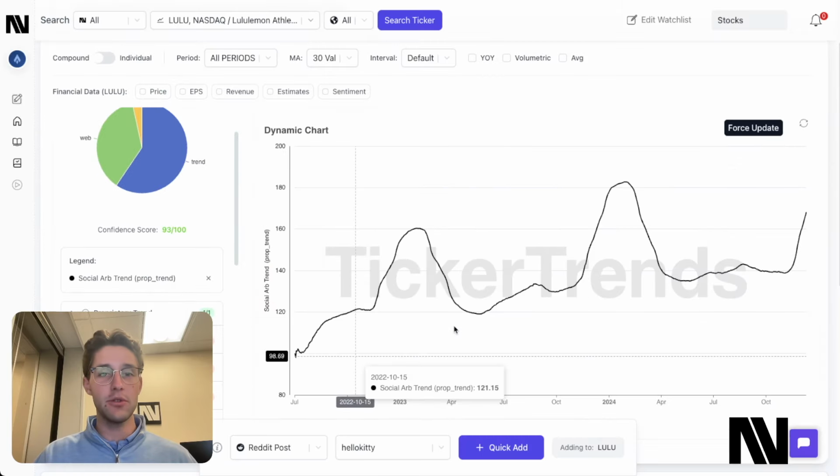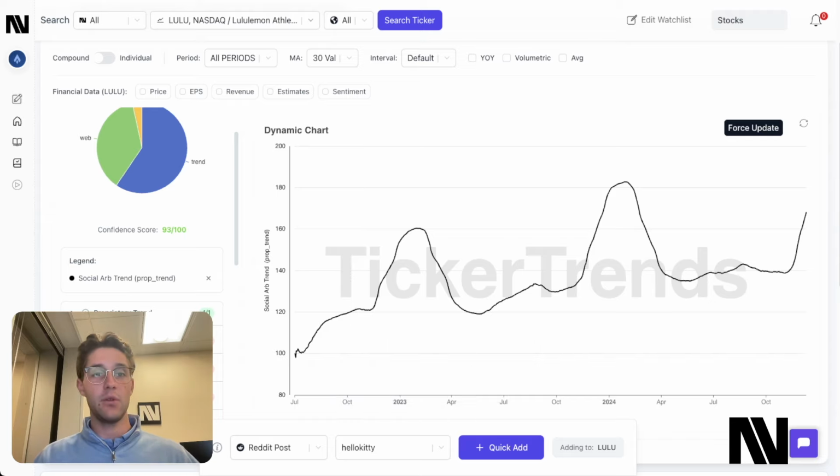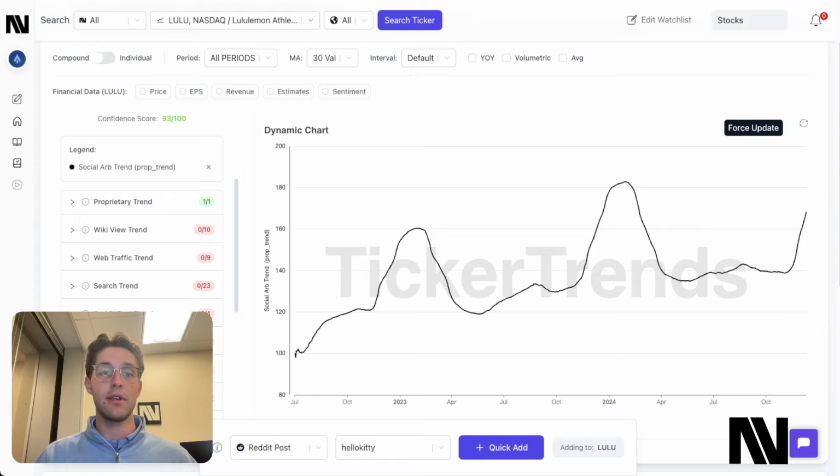So essentially what we've done on our platform is we've taken all of these data sources, which are things that are just Google Trends itself, but even more data sources. For example, web traffic, which alone, if you went to any other provider of data, you would have to pay tens of thousands of dollars for. And we've combined it into this interface where not only can you easily interact with this data, but you can also add new values and customize the data as much as you want.